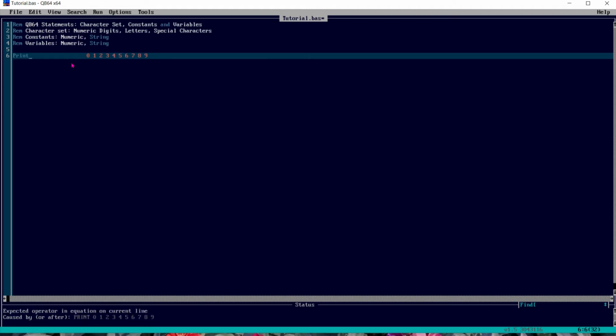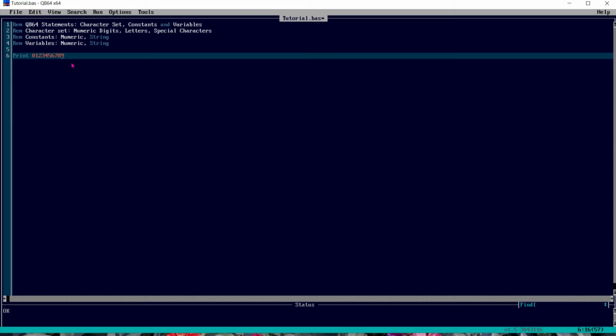As we have learned, to print anything we have to use the command PRINT. As I told, the first character set is numeric digits. We know all numeric digits are 0 to 9. So this is also one number, right?